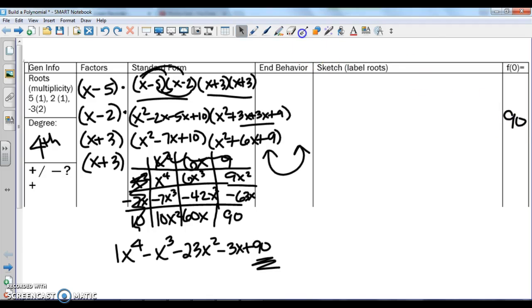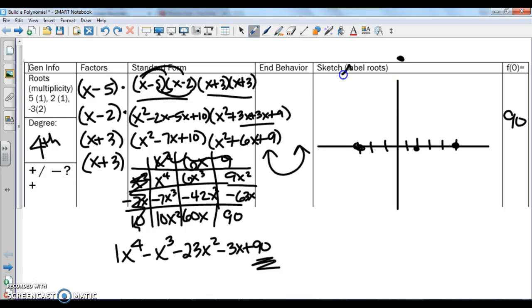And then we're going to sketch. So I'm going to draw an x and y axis, and this is not going to be perfect. It's not going to be to scale, but we're just going to do our best. So let's see. I know my root, so I can plot a positive 5. I can plot positive 2, and I can plot negative 3. And it hits there twice, so technically there's 2 dots there, but we'll talk about that in a sec. And then positive 90, I'm just going to sketch it up here. I'm going to estimate. Okay, so you can plug it in your calculator to check once we've done this, but